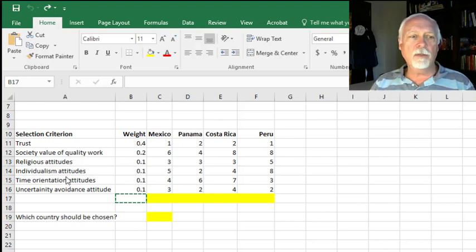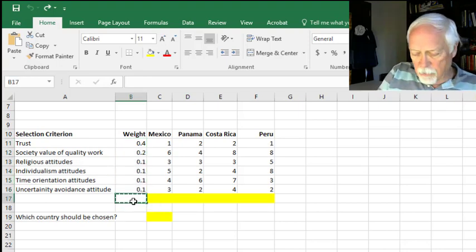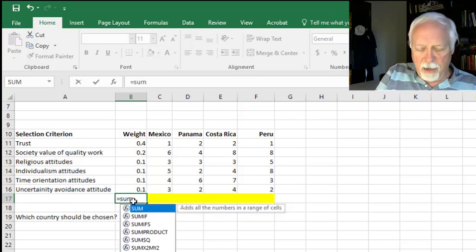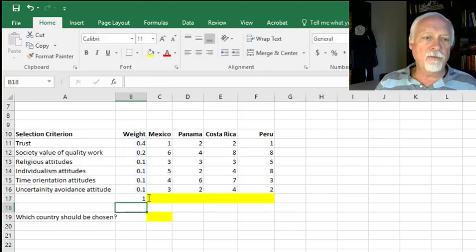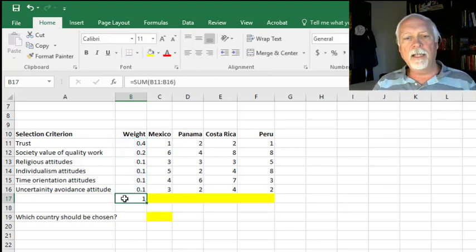We don't consider all of these criteria to be of equal importance. Obviously, in this particular one, trust is the most important weight. Now, if all our weights turn out to sum to 1, then we're pretty much ready to go. If they're not, then I would want to force them to do that. We can show how that's done in a future example. But in this case, our weights all sum to 1,